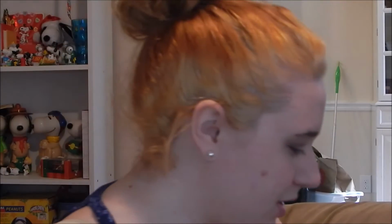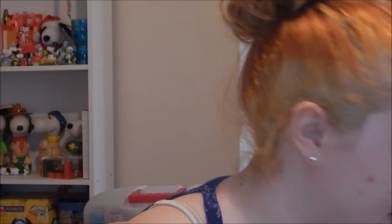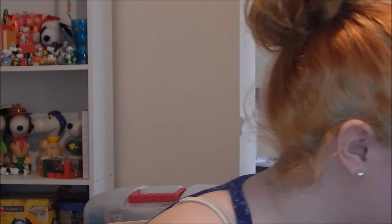I do eyeshadow and then foundation and concealer and bronzing, and then I do mascara and eyeliner. But that's just me. So we're going to prime my face. I know there's lots of noise. I'm gonna prime my face with two different things. Okay, my camera died, but it died at a perfect time. So like I was saying before it died,